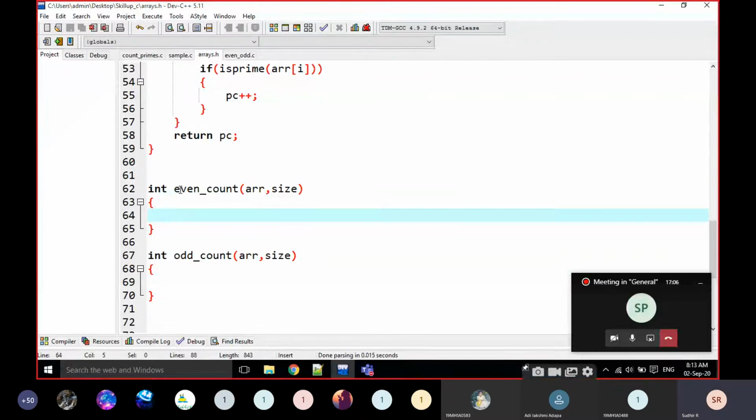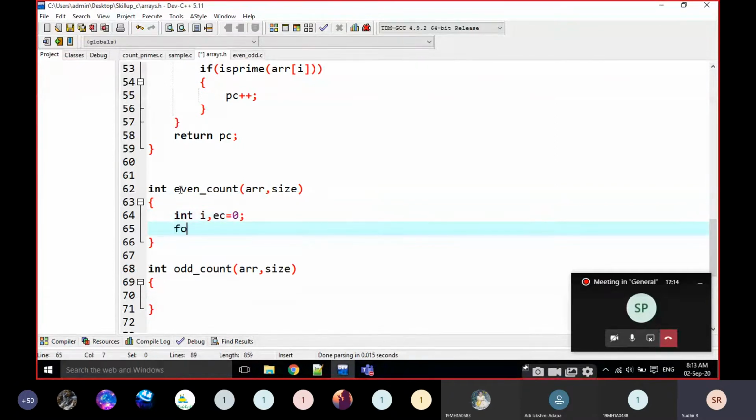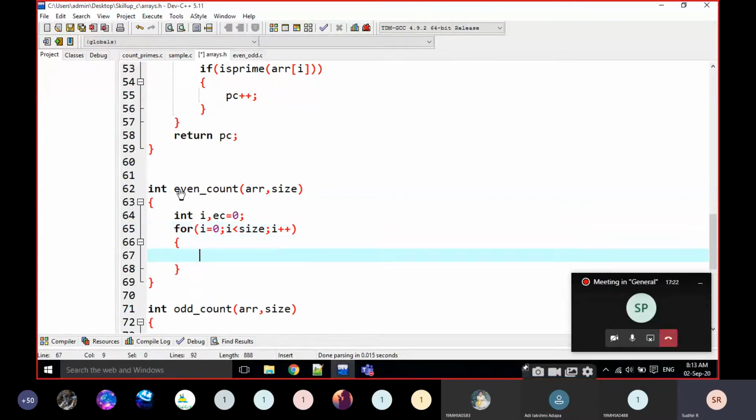Now, I am going to take some value here, even count is equal to 0, and I write I is equal to 0, I less than size, I plus plus. I am going to check here if ARR of I. Sorry, I made a small mistake here.